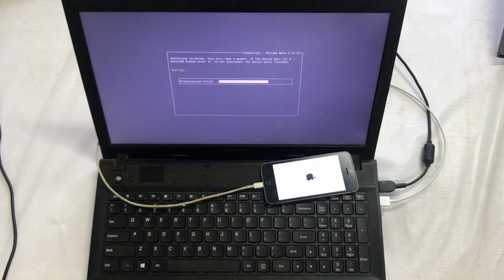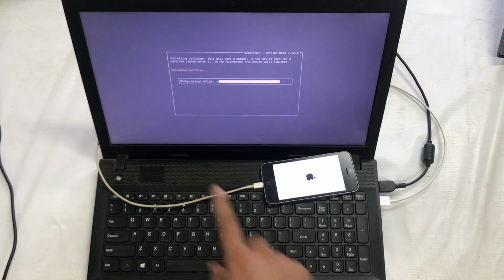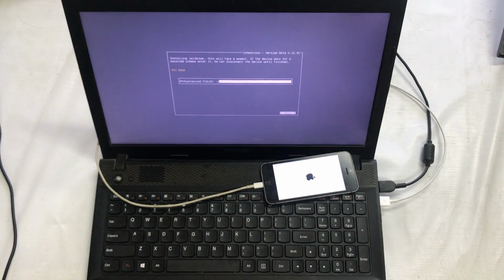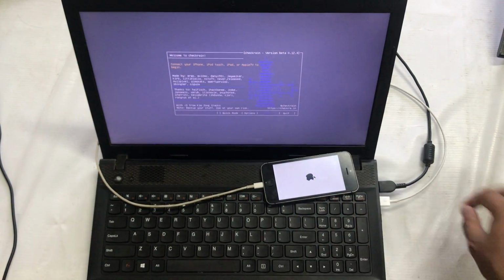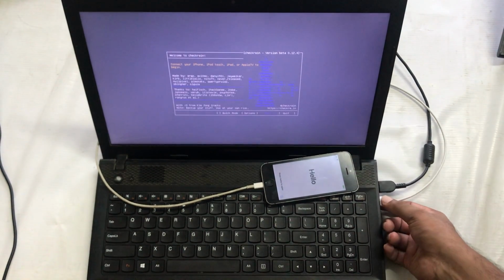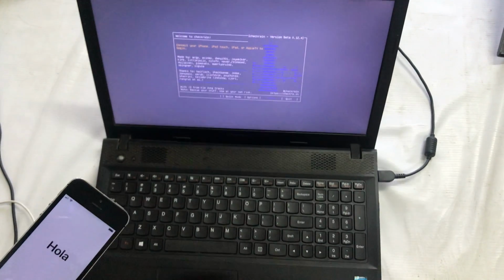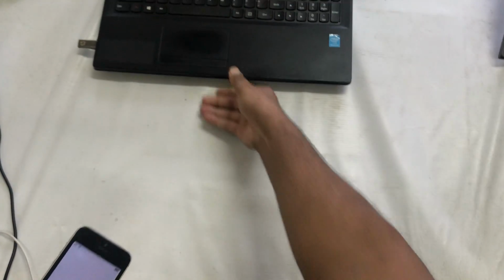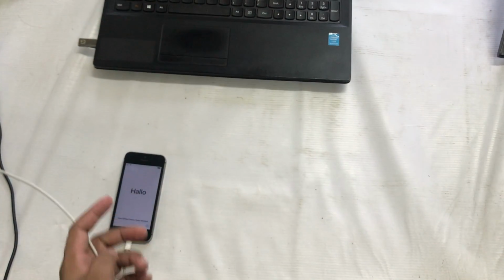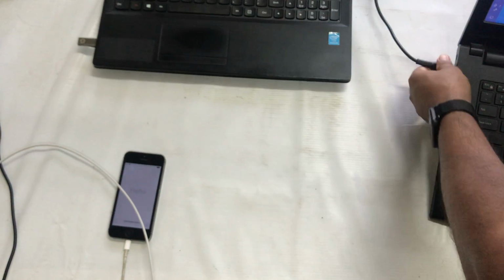So finally see, it has been jailbroken now. So see, uploading bootstrap finally done. So simply guys, I have done this once. Now see guys, one more thing I would like to tell you here. If you would like to quickly remove the iCloud activation lock permanently, then simply guys, what you have to do,